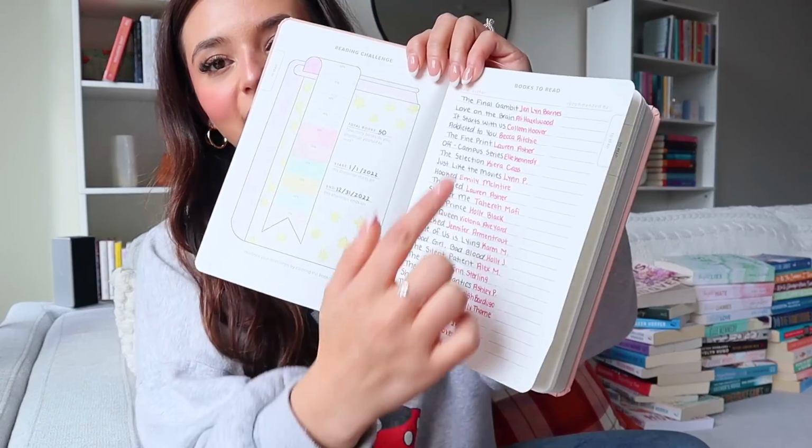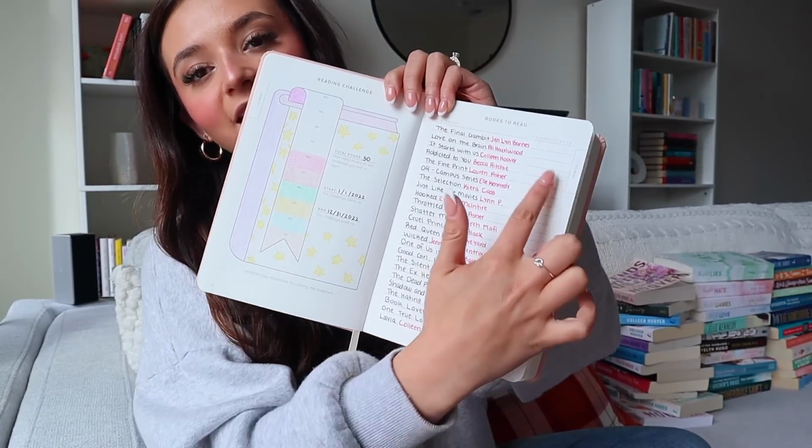This is what it looks like. I just made the list of books and then I added in all the authors next to it. We have The Final Gambit, Love on the Brain, It Starts With Us, Addicted to You, The Fine Print, the